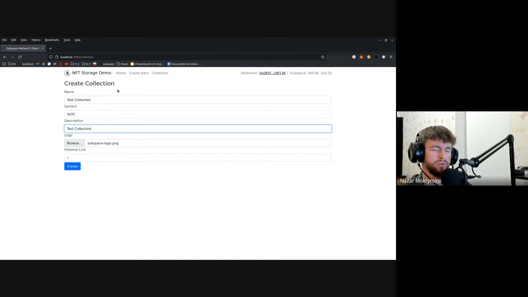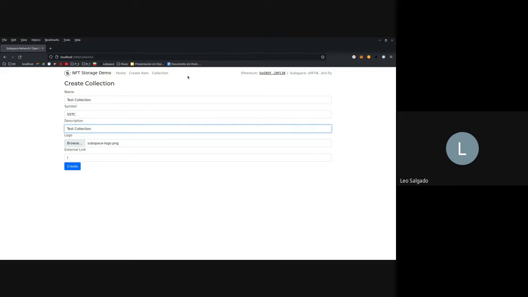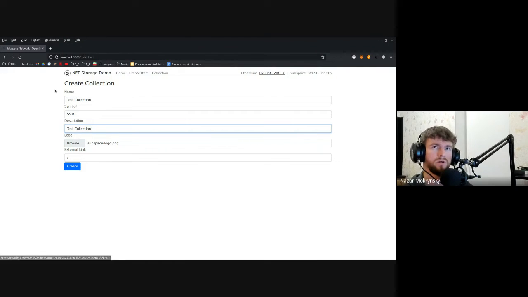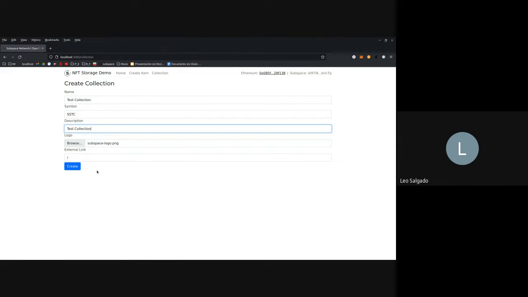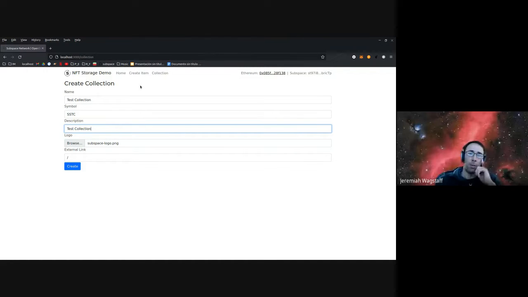Isn't it supposed to be on Ethereum? It is also in IPFS, actually. Yeah. Okay. And in the contract itself, it's like a copy of the contract data itself, actually. So you're just making a copy of the data that's already being written to Ethereum and storing it on Subspace,